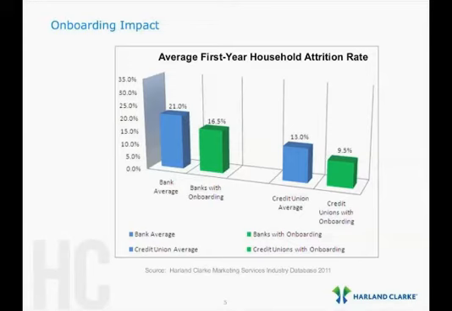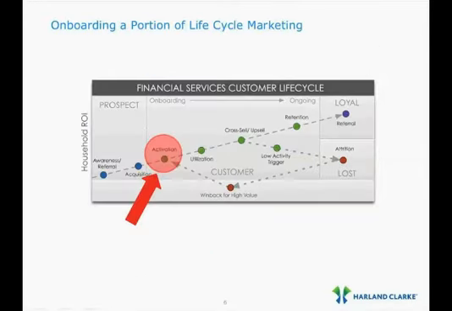So how does onboarding really fit into the overall marketing life cycle of a customer? At Harlan Clark, we view this as a continuum, not a single program or point in time. In order to enter other key phases of the customer life cycle, it's important to fully engage and activate a new relationship through onboarding, and it enables other phases such as utilization, cross-sell, and retention. It's important to note that this life cycle illustration is applicable beyond just consumers. It has also been successfully applied to small business relationships.